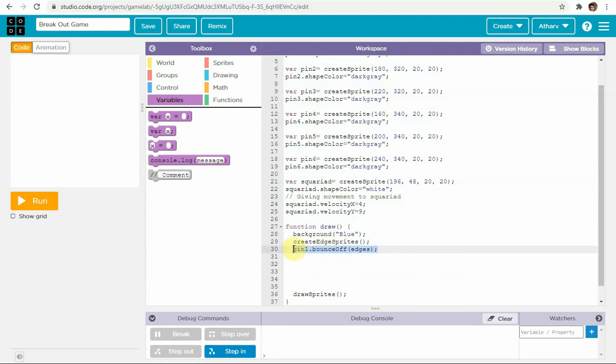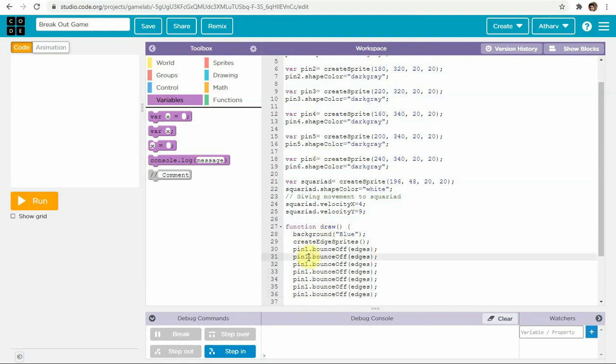Now I'll copy it from here and paste it down. 1, 2, 3, 4, 5, 6. Right. Why 6 times? Because for every pin and the square we need to write the same. 3, 4, 5, 6, and the square.